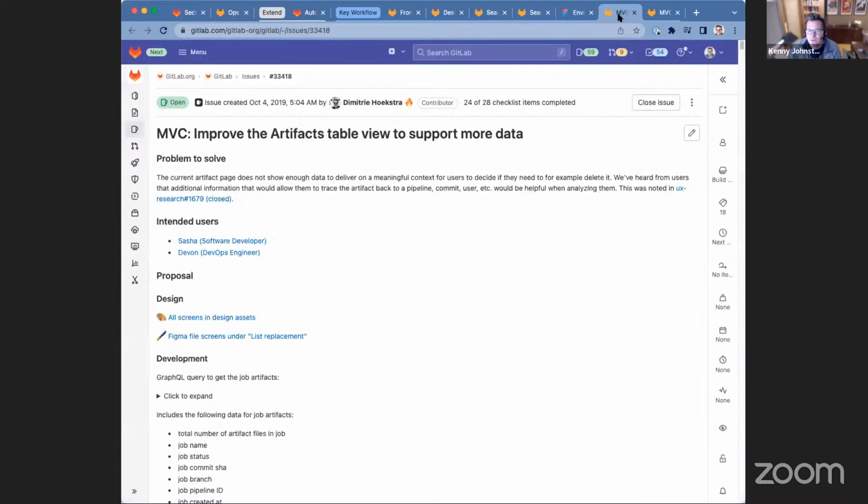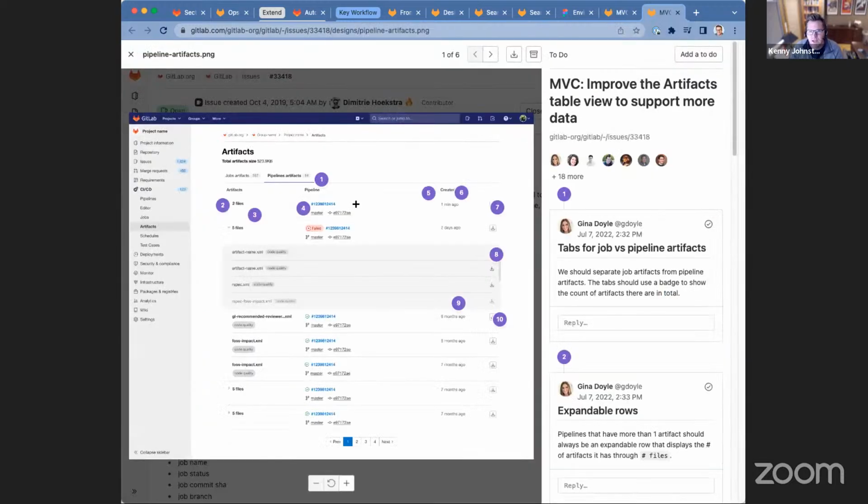And then the last one is about improving our artifacts table. So today, your pipeline can generate pipeline artifacts, but it's difficult sometimes to triage those pipelines to understand if they should be deleted, or to understand what actually triggered the specific pipeline artifact: what pipeline, commit, user. And so we're going to be improving that experience by adding a lot more information to our pipeline artifacts view